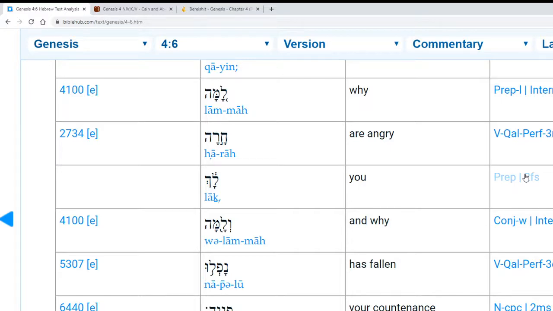Okay, and of course that comes from the vocalizations, which are through tradition. It's not the consonants that are telling you that. It would be written the same way as if it was lacha. And actually, that's a cantillation mark up there, which tells me that part of why it's lach is because of the cantillation, the way this is sung traditionally. And you have to remember that